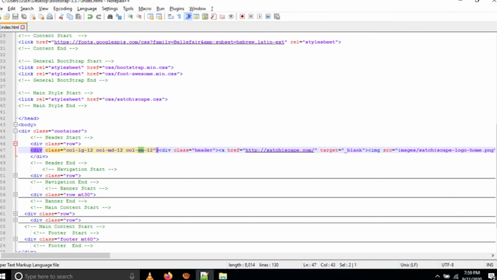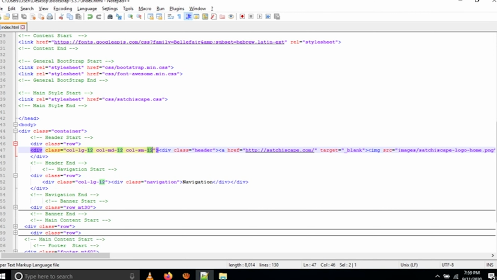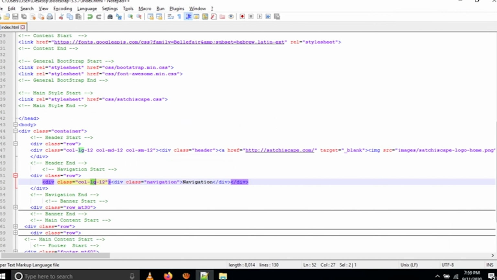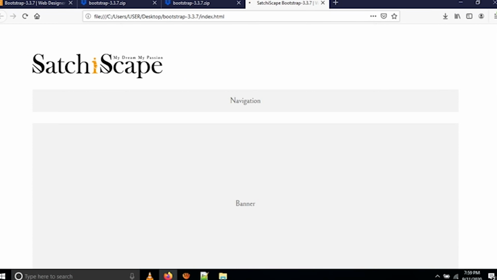Okay, so the writing style is everywhere, wherever we are writing for Bootstrap, the writing style is this one: div class row, col LG 12, col MD you can define, and col SM you can define. Below, I'll show you how col LG, col MD we have written. Okay, you see here, col LG 12, because the navigation I have given the full width in the container. That's why I gave col LG 12. Okay, so if I write col LG 4, you can see here how it looks.